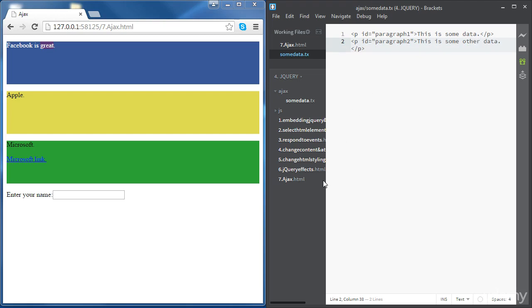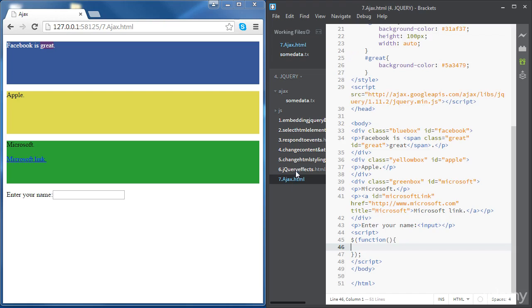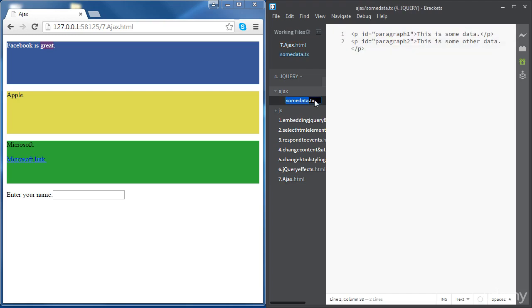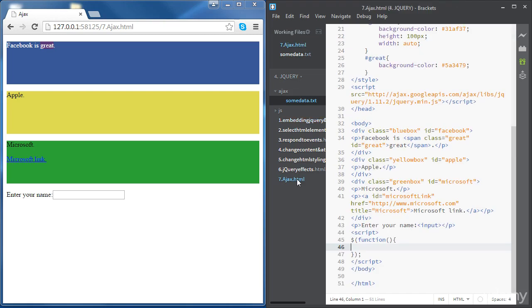Okay, now if you go to our file ajax.html, we're going to write some code inside our document ready function. We're going to be accessing the Facebook div and loading the content of the text file. Just change the extension, it's text. So first let's access the Facebook div using its ID, Facebook,